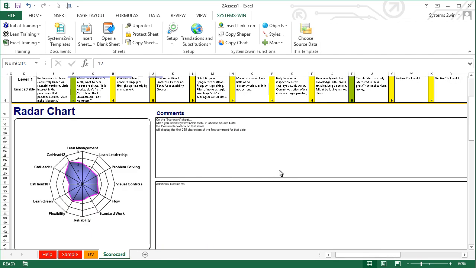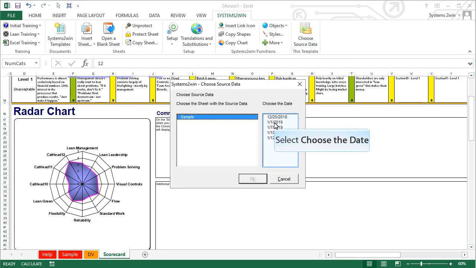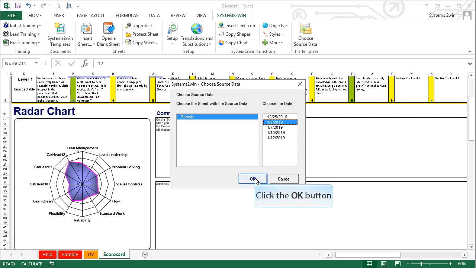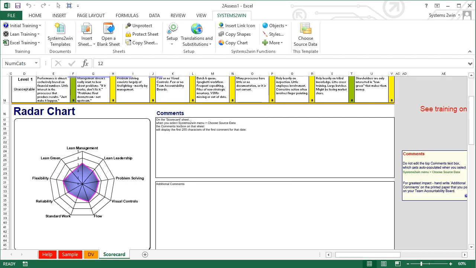And then back on our scorecard sheet, let's click that same Choose Source Data button, and then choose the same date on that same sample sheet. But this time when we click the OK button, watch what happens to the radar chart and the number of categories in the thermometer charts. They automatically rescale to show only those sections that are unhidden on the source sheet.